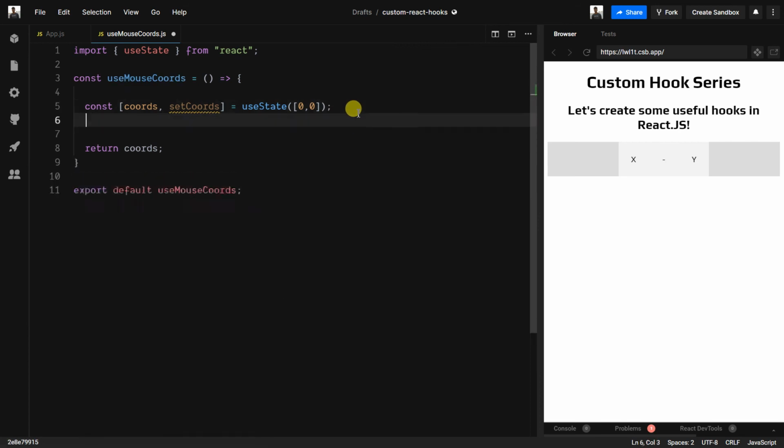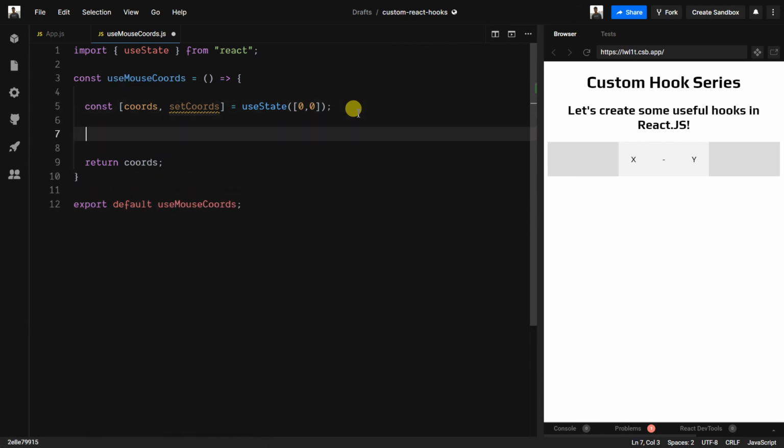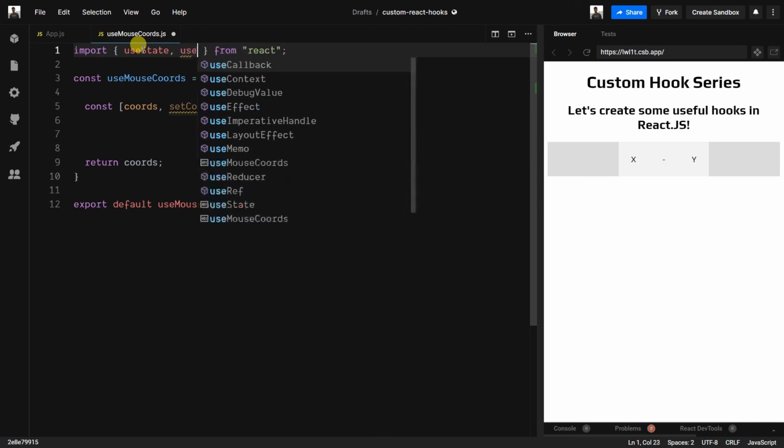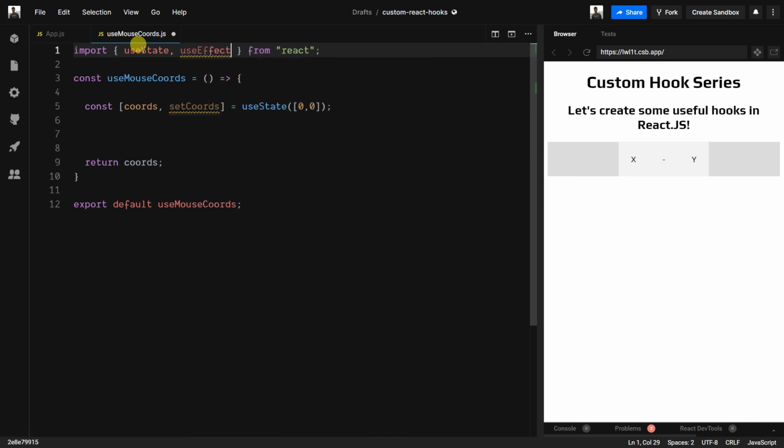Now I need something by which I can add an event listener on the DOM and get the current x and y coordinates of the mouse. For that, I will import the useEffect hook, and whenever the hook is initialized, we will add that event listener on the window object.